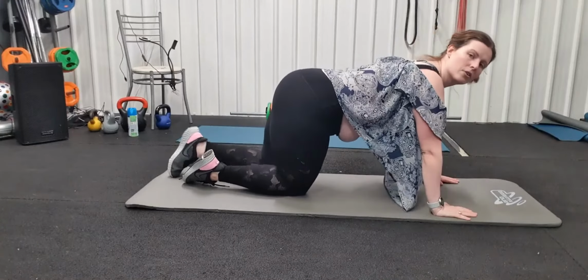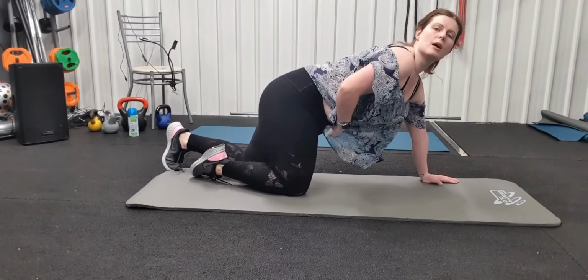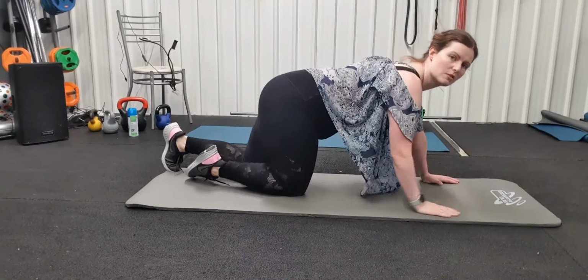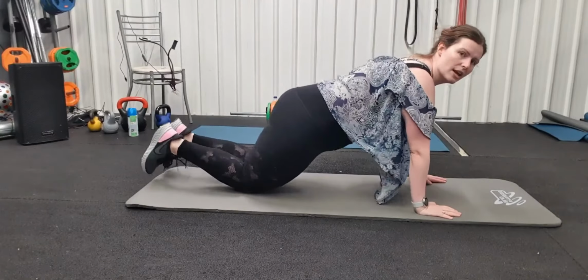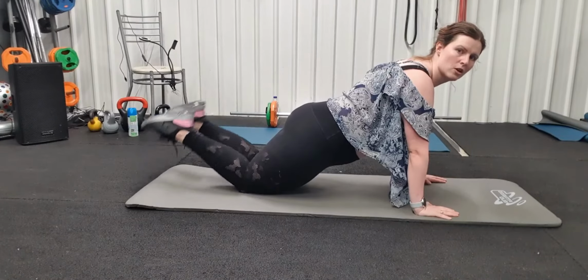Up and down, okay? So, we're going to do 8 of everything. I'll do the first set with you and then I'll pause it and ask you to repeat the movements for yourself, okay? Ready? So, legs up. 1, 2,